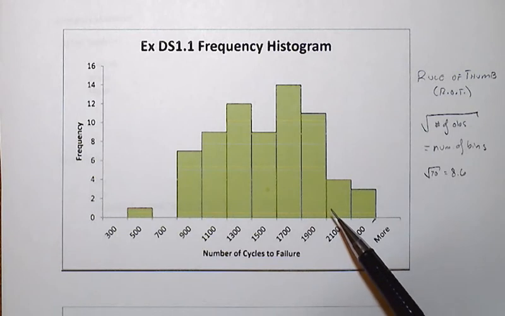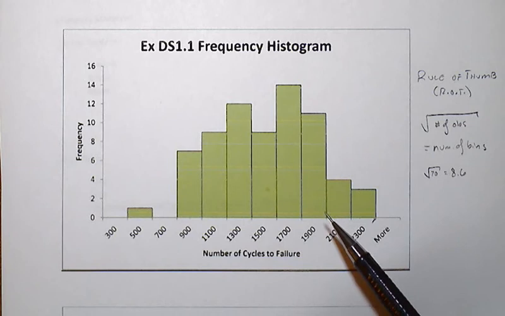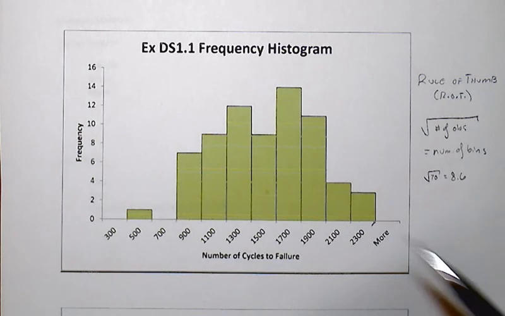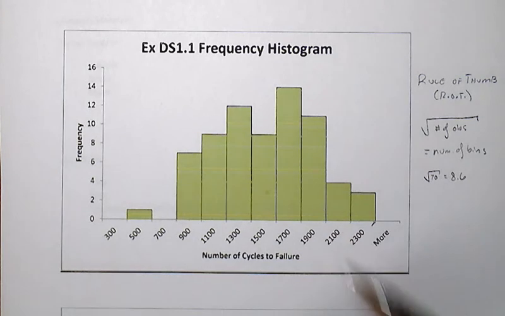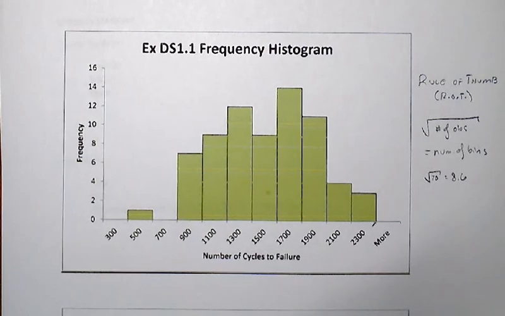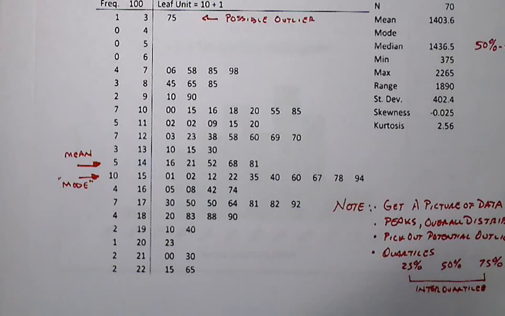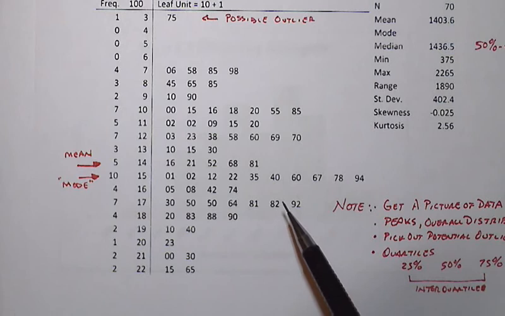It gives me some kind of idea and feeling for what the results of a test provided, but I don't know necessarily how to use all that, and I certainly from the histogram can't go back and resurrect the data itself. Whereas when I look at the stem and leaf plot, okay, I've got all the data, or I can resurrect all the data, but that's a whole lot of pieces running around,